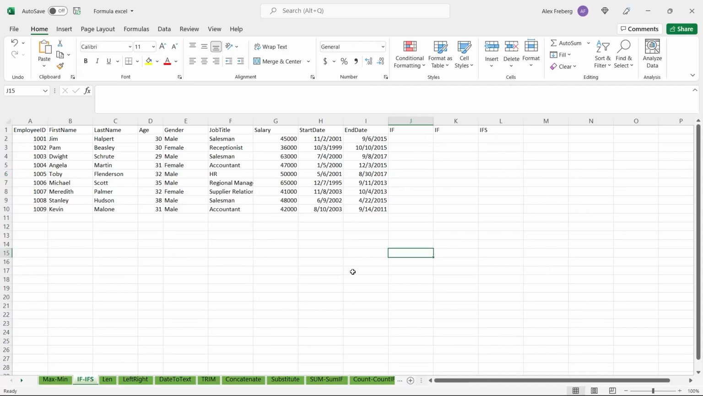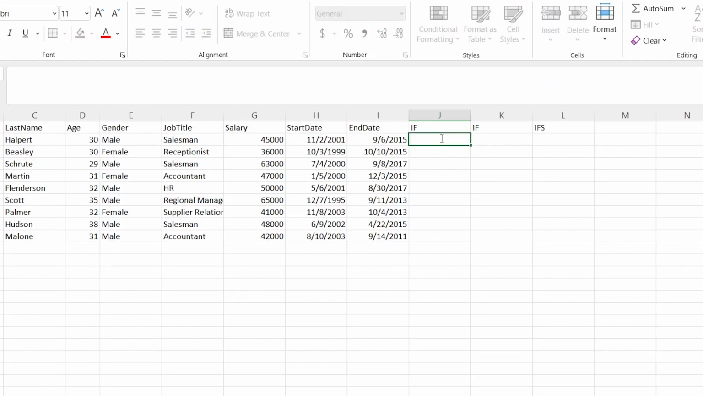Now, if is, I think, pretty straightforward. So all you're going to do is say, if this, then that. Ifs is a little bit different. With ifs you can put multiple conditions, and as we're writing it, I'll show you the conditions that need to be met. All right, so we're going to click right here. We're going to say equal. We're going to do if, hit tab,